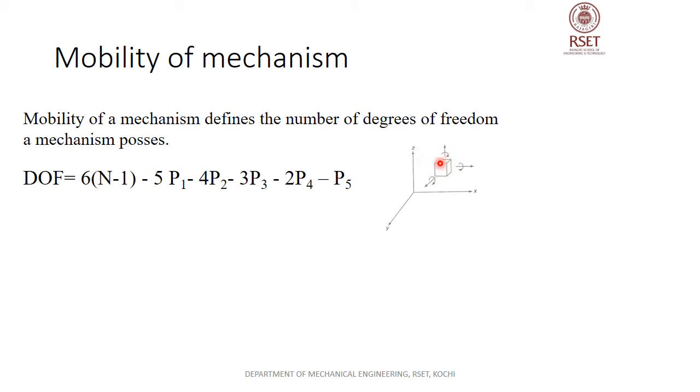When this link is connected to another link, they form a kinematic pair and there is relative motion between them. And when we are connecting, actually we are arresting some of the motion of these links. When they form a kinematic pair, some of the motion will be arrested. That is, translation or rotation about some of the axes may get arrested. So that is what is called constrained motion. That is, we are actually constraining the motion in some of the directions.